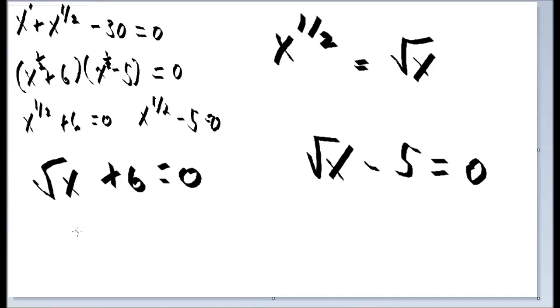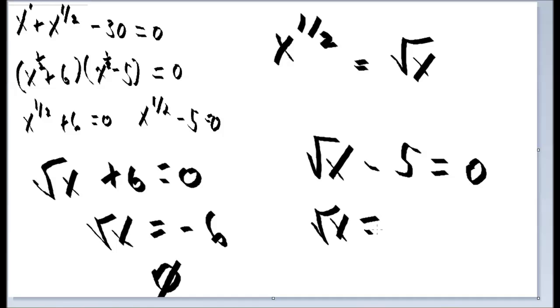We get the square root of x is equal to negative 6, which has no solution, because the square root, or principal square root, can never be negative like that. And there's no i or anything that will ever help. We can't put a number in for x that will give us a negative square root unless we have a negative out front here. But over here we have the square root of x is equal to positive 5,